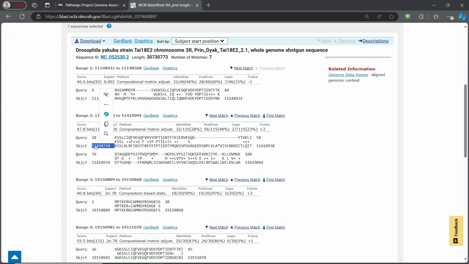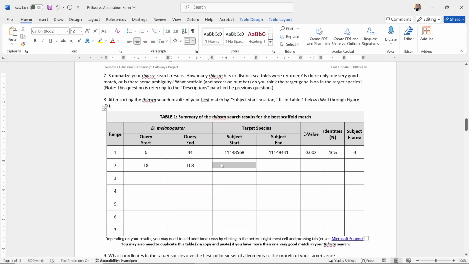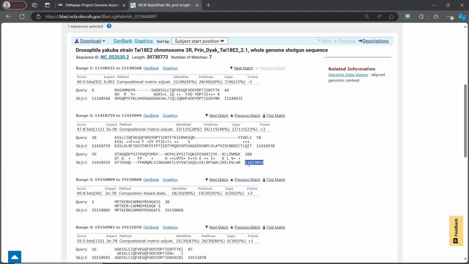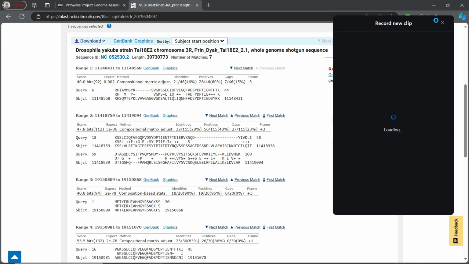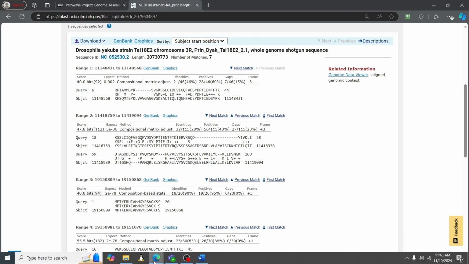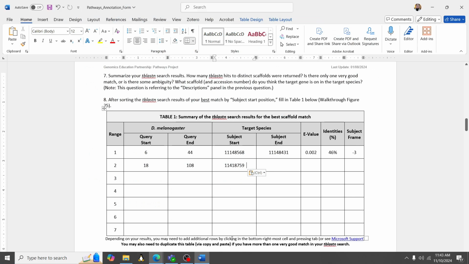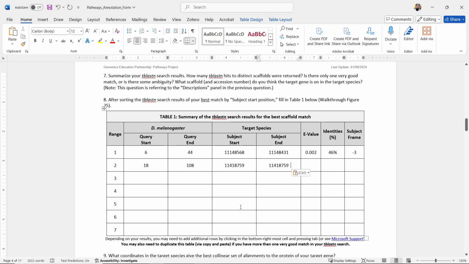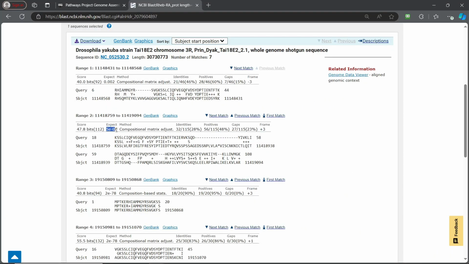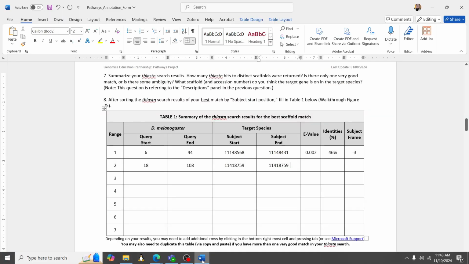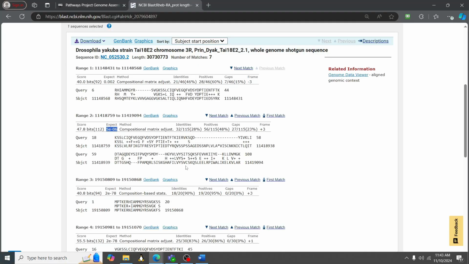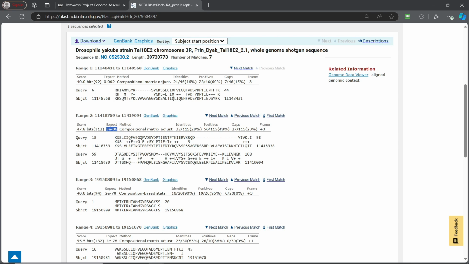Then I'm going to grab our subject, and we're going to do the exact same thing. We have our subject start, and we have our subject end right here. Remember, don't fall for the little trick just because it says end. We don't want to do that. Perfect. So I'm going to fill that out. Then we have our E value. So we're starting to see something a little better. Our identity is 28% on +3.